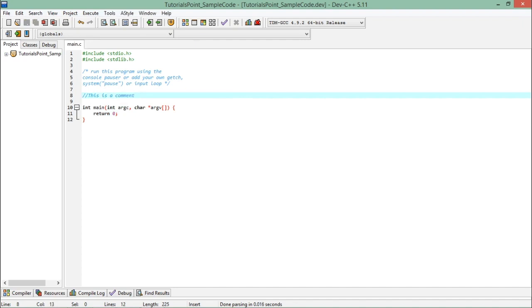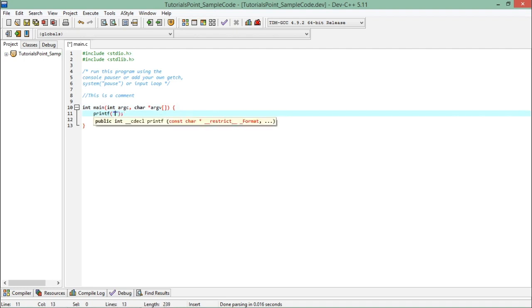After the comment, you can see we have a main method. Whatever program you write in a basic C program, you will surely have a main method inside which you write the code. Whatever code you write will execute as soon as the execution of the program starts. For example, I simply want to give a message, hi. Here I will use printf, which is a predefined method provided by the stdio.h header file. Inside this I will print a string which I put inside double quotation marks. So just say hi,